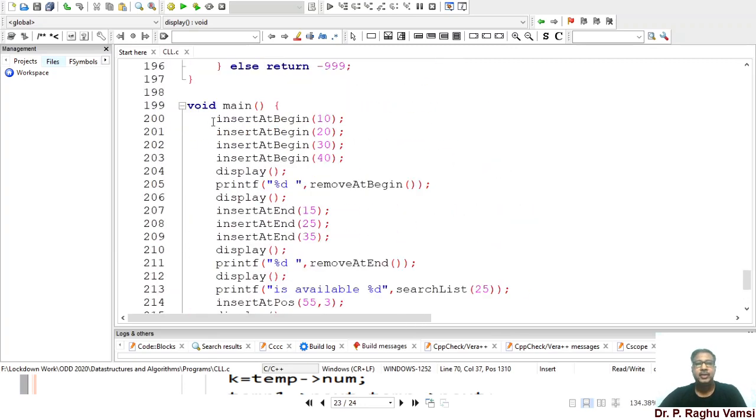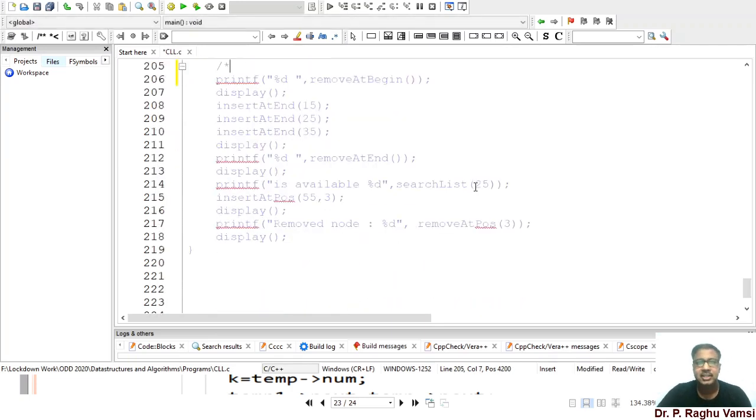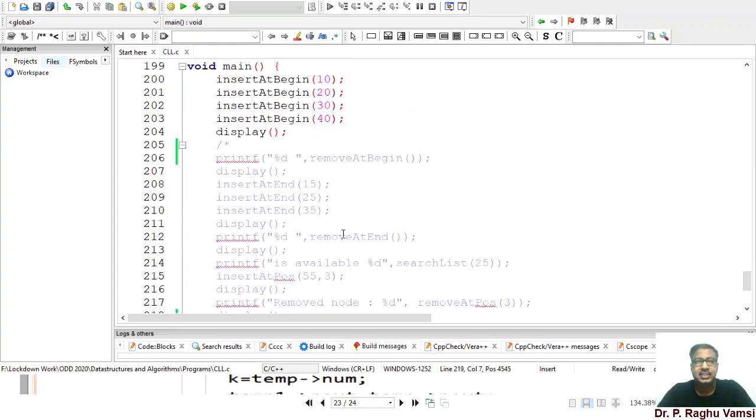Here we have implemented only insert at begin and display function. We have not used remove at begin. So what I am doing is putting these things in comments so that these functions will not execute. Whenever these functions are implemented, we are going to uncomment them so that we can see the output of the code.